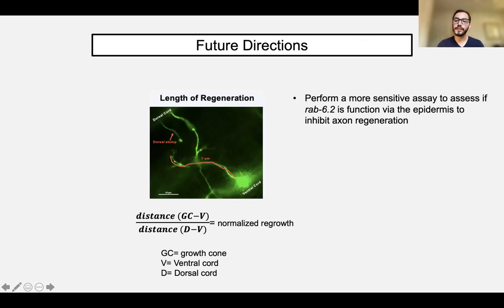And so a future study I would like to do is actually quantify the length to which these axons regenerate, measuring it from the bottom all the way to the tip of the regenerating axon, and then factoring in the diameter of the worms. And I think this will help me answer my question.